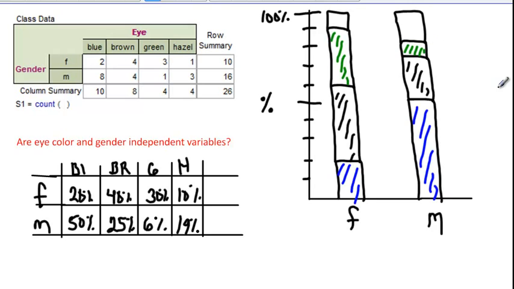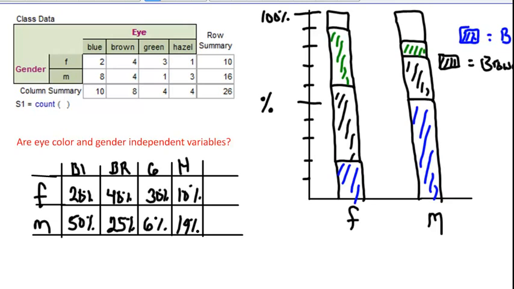And hazel, I'm going to leave plain. Whenever you create a segmented bar graph, you should always have a key. So I'll indicate that this equals blue eyes. And I went off the board. Equals brown, and you would do the same for the